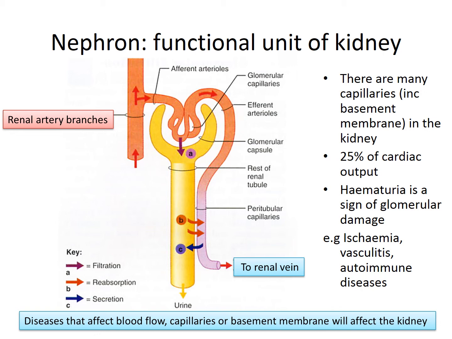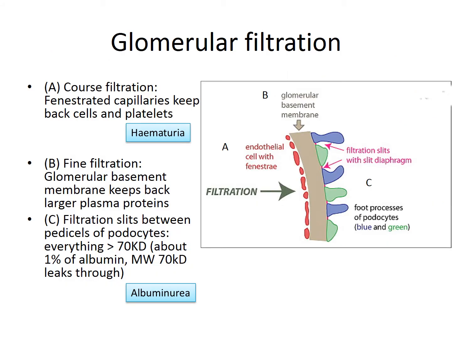What we'll look at in the next slide is just how this filtration from the glomerular capillaries to the Bowman's capsule actually occurs. Right, so if we start with the diagram, on the left, where it says endothelial cell with fenestrae, and there's an arrow that says filtration, that would be the blood. So you're inside a blood vessel at position A. That would include all the components of the blood plasma plus the cells that you'd expect in the blood. And you want to get materials from A to position C, which is inside the